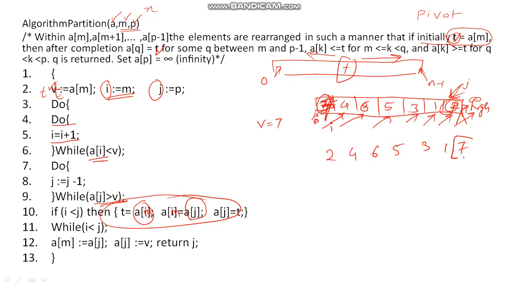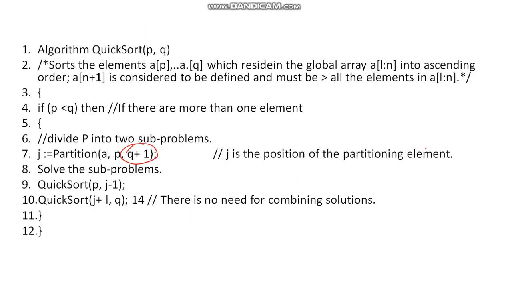What will happen is 7 is at its appropriate position. There is no element which is larger than 7, and all the elements towards the left hand side of 7 are smaller than 7. So this is how the quicksort works. Again next time the first element will be selected as the pivot element, on the left, and it will continue with this one. So this is how the quicksort works.